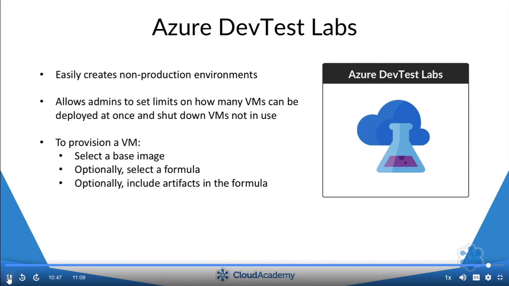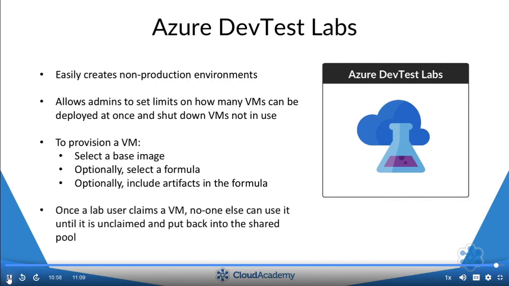If an administrator spins up some VMs in a shared pool, then developers and testers can claim them. They would do this by looking in the list of claimable virtual machines and choosing one of the right configuration. Once a lab user claims a VM, then no one else can use it. When the user is done with the VM,